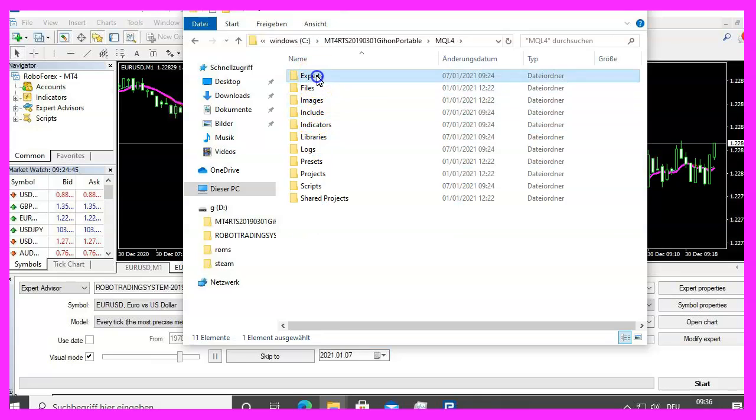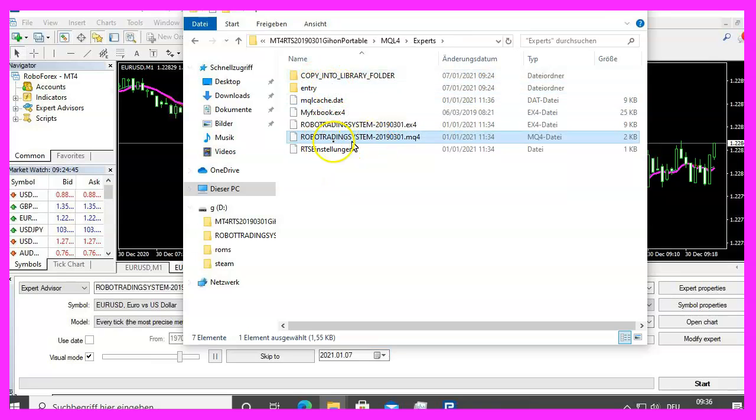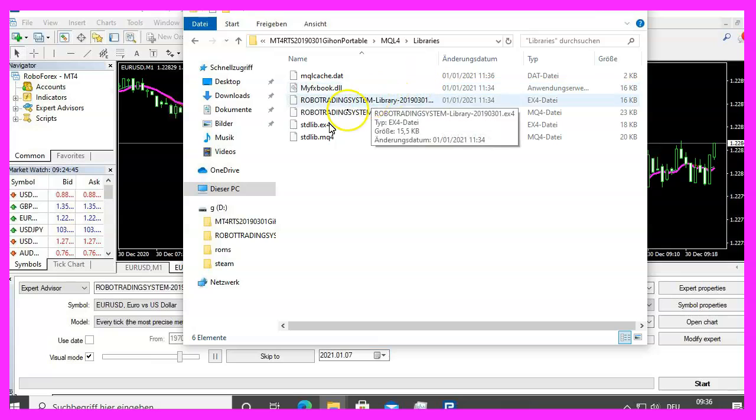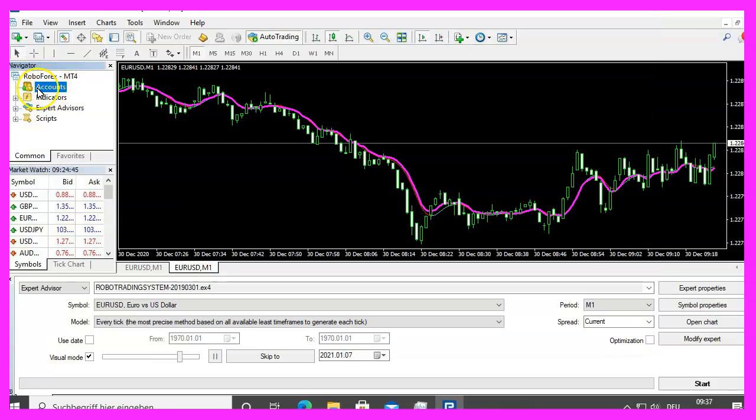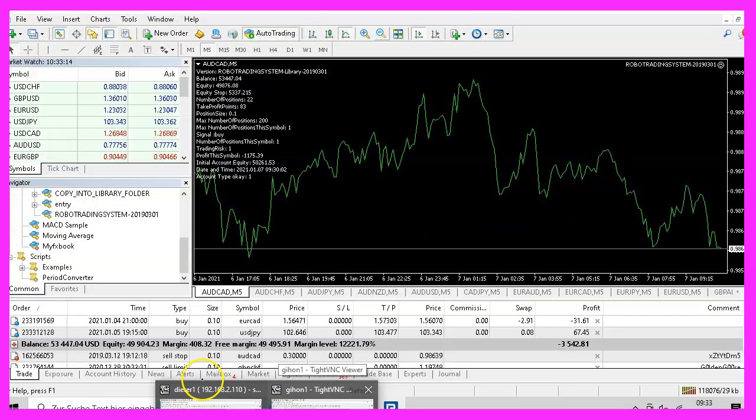And that includes the experts folder, where I have my pre-configured system and the expert advisor for the MyFX book status updates. You need to include the library folder, and you need to provide your account settings because those are not copied. So this is the original account I'm using. A RoboForex Pro Cent account,